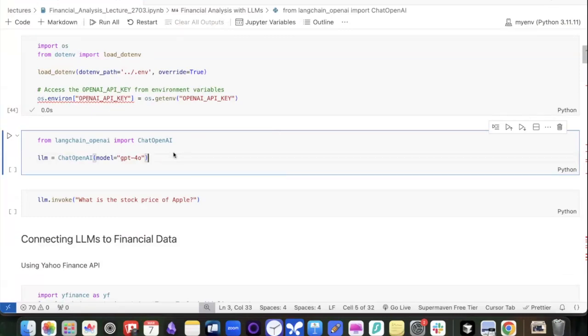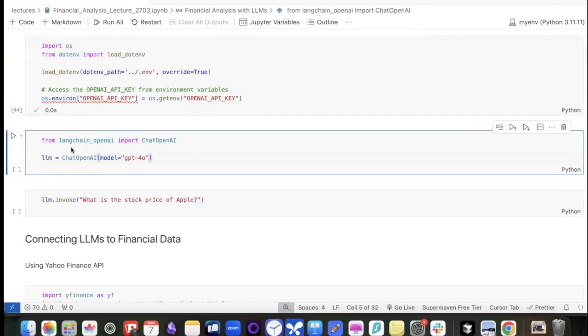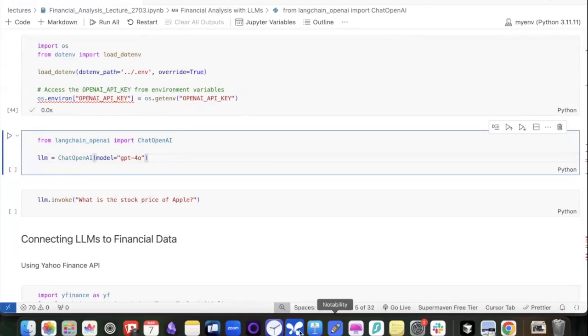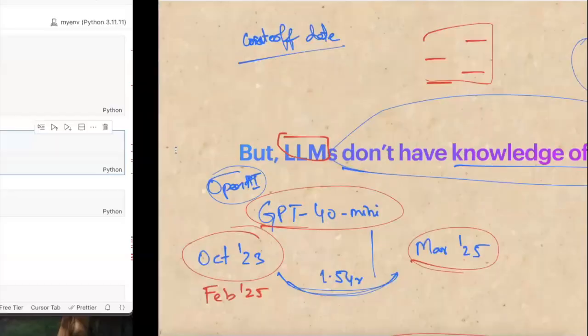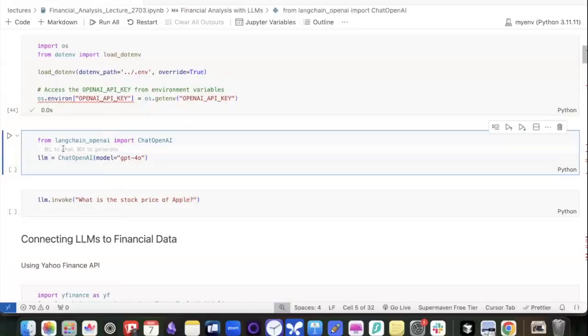Okay, great. So first, what we'll try to do is, this is the code to use a GPT model within Python, right? So currently, whatever you do, you can just open ChatGPT and ask it a question, right? You ask a question and you get a response. Ask a question, get a response. So what I'm trying to do is emulate the same thing within code. It is as simple as that.